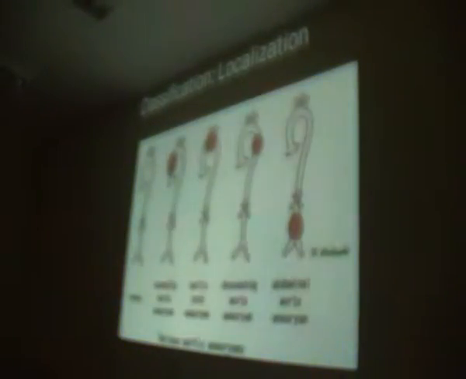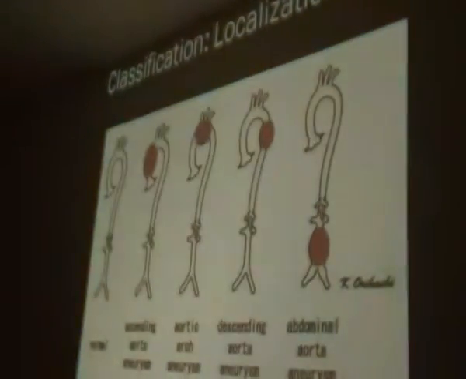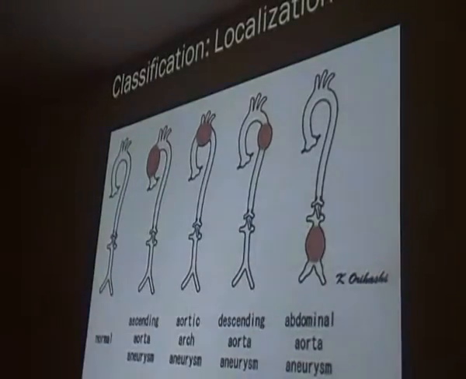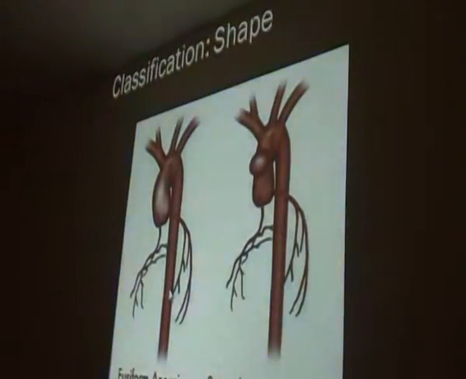So you can see the aorta has many parts. Aneurysm basically means the blood vessel is so dilated that it looks like a tumor. That's what is meant by aneurysm. It can be ascending, it can be aortic arch, it can be descending. Abdominal you won't see in the chest X-ray, but you will in the abdominal X-ray. And this one will be a very serious one. According to the shape, it can be different pathology actually, fusiform or circular form.